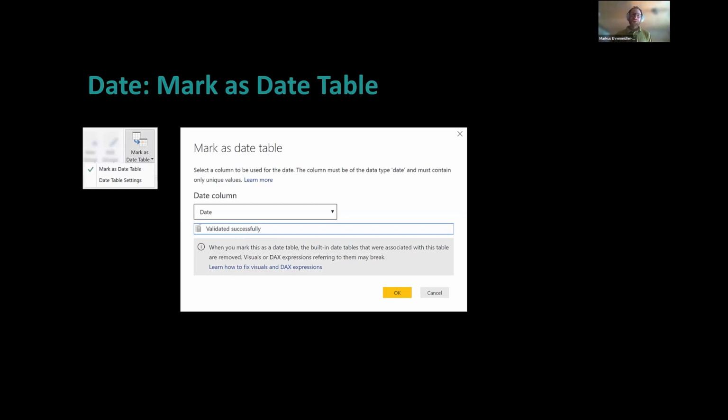If you have a date table, go to the modeling ribbon, mark it as a date table, and then it will offer you all the date columns which have data type date or date time, and then you just choose it and you press OK. That's it. And it will make sure that all the time intelligence functions always work, no matter what kind of key or data type you're using for the relationships between the date table and the other tables.